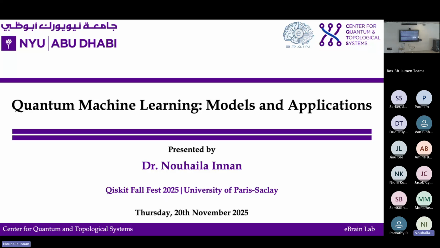Today's talk is the introduction, and more details about quantum machine learning, like the basics, will be covered in the next talk. For this one, I will talk about quantum machine learning models and how we can use them in different applications. And based on the time, I might tackle one of the applications in detail. So